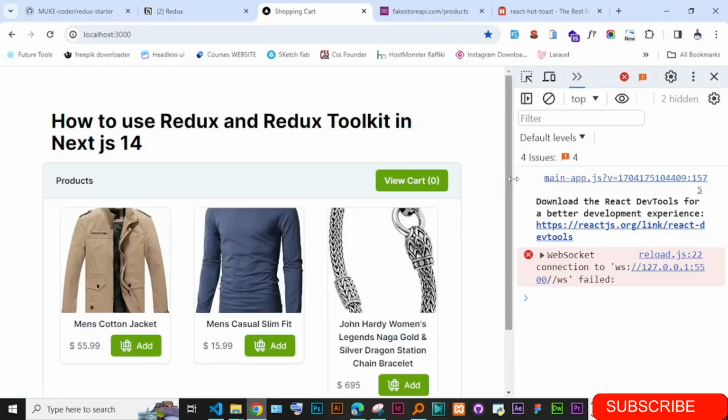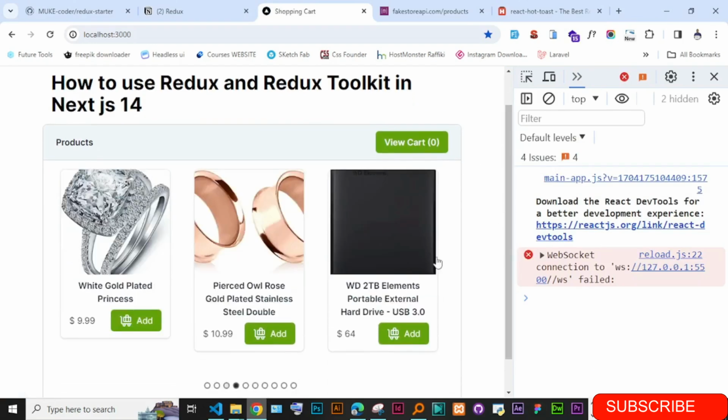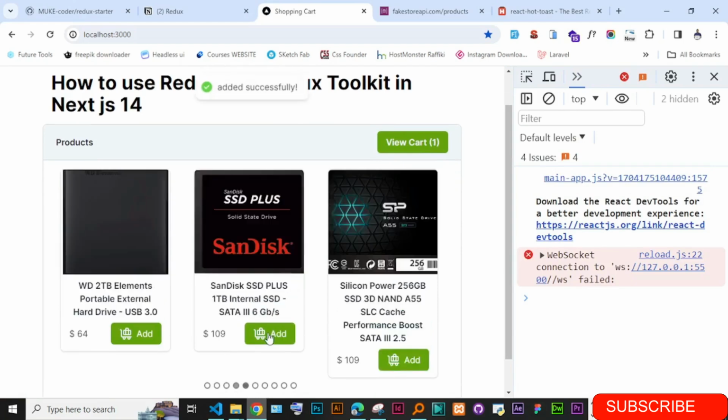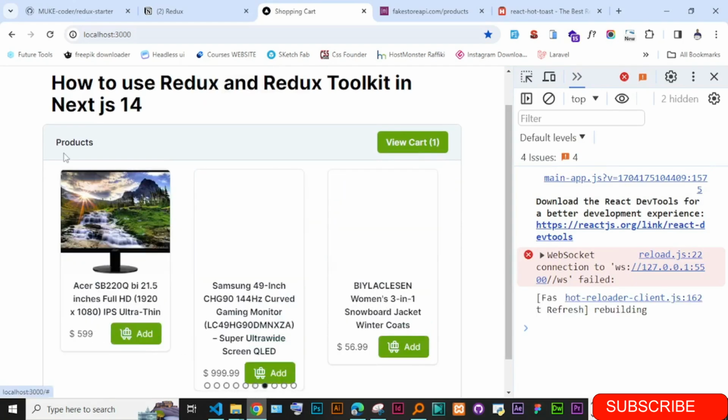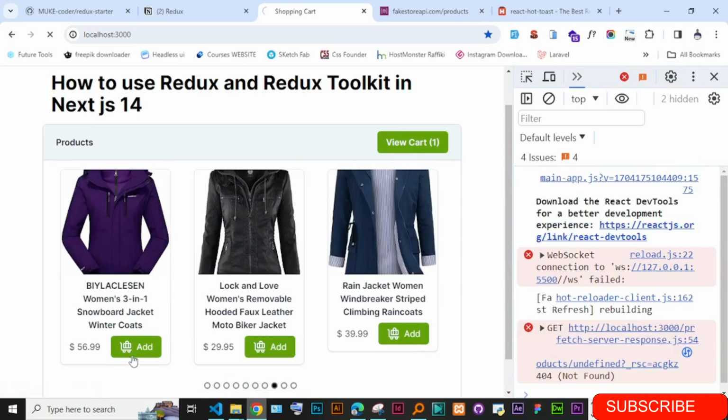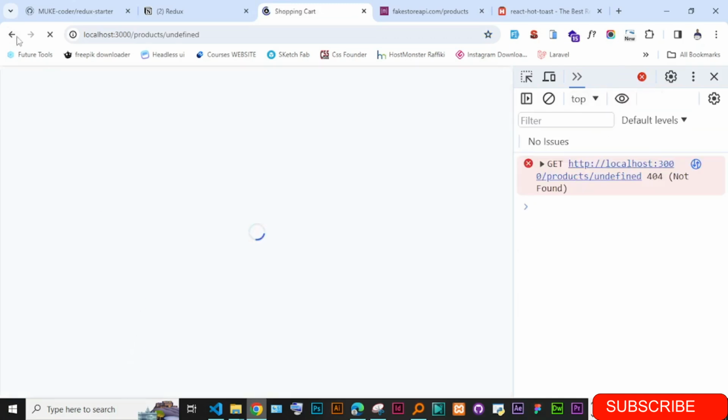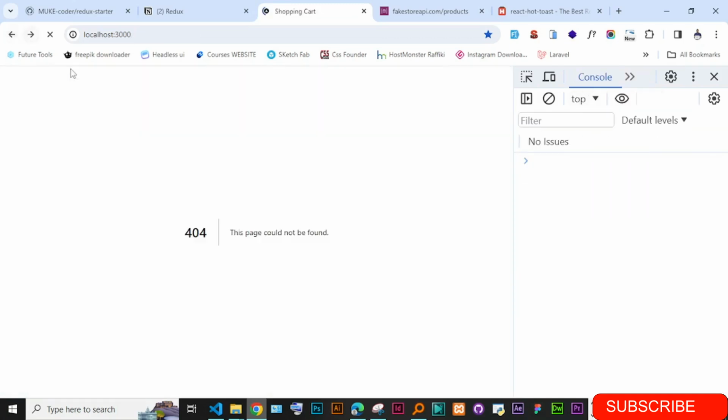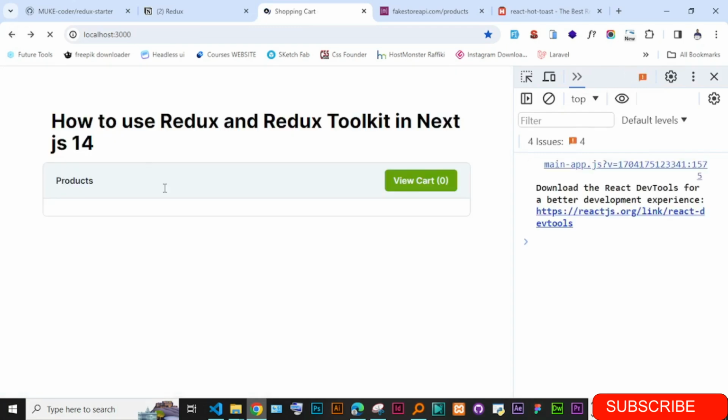Next one to work on is remove from cart. So if you just go and add this, sorry, I just clicked on a wrong thing. Always click on the link. Okay,